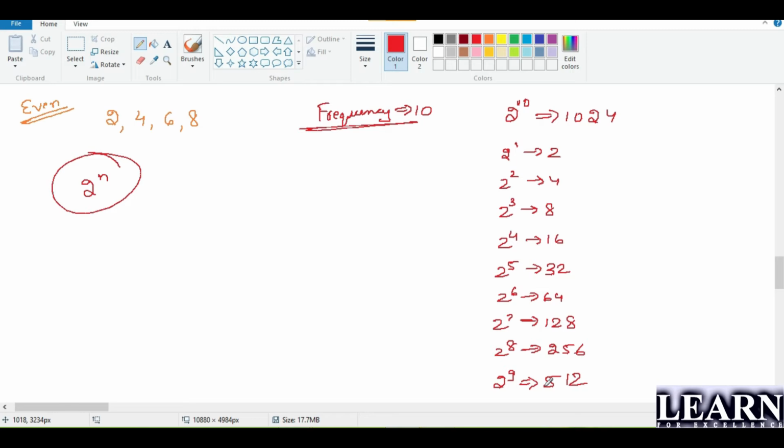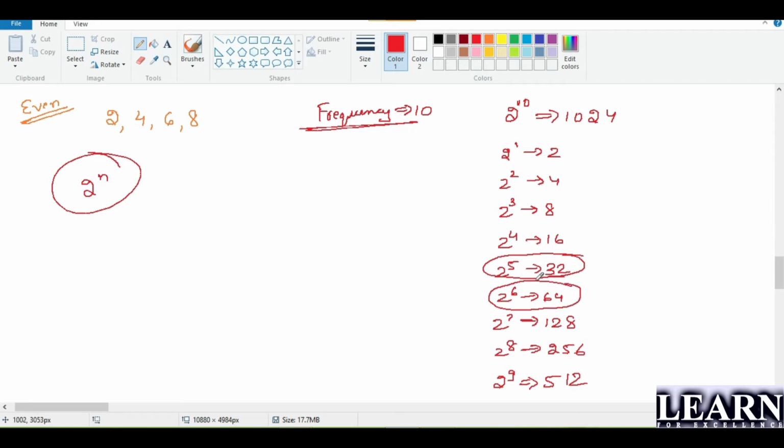Now, if I want 2 power 8, we should not go from the beginning, right? 2 power 1, 2 power 2, 2 power 3, 2 power 4. We need some reference number, like how we have used reference numbers in cube roots, guys. So that reference number is required. What I'll do is take two reference numbers: 2 power 5 and 2 power 6. 2 power 5, how to remember this? 2 power 5 is nothing but 3 plus 2, 5, that is 32. Just look at the numbers 3 and 2; the sum is 5. And 2 power 6 starts with 6, that is 64. You can take these two as reference numbers.